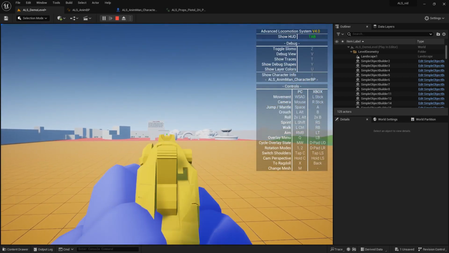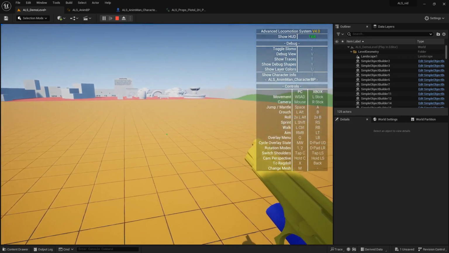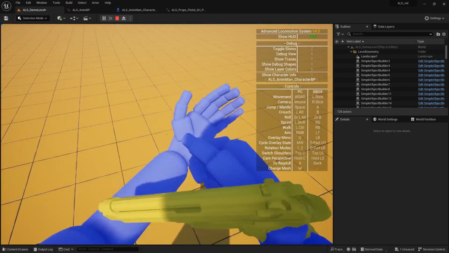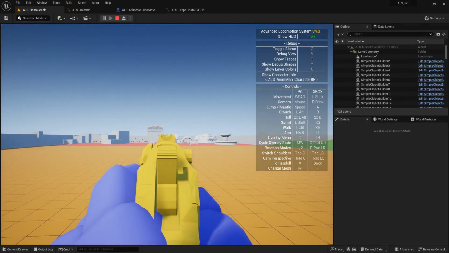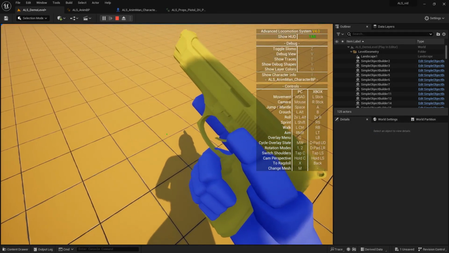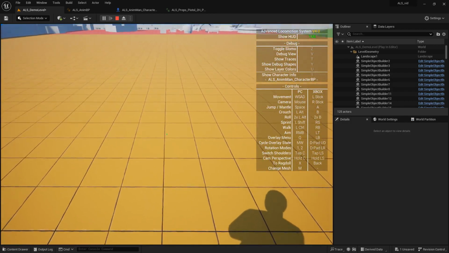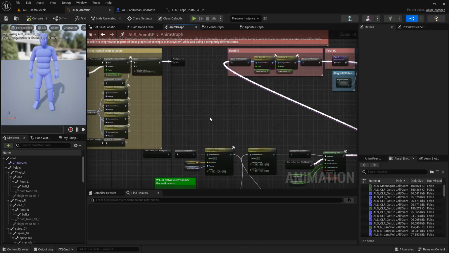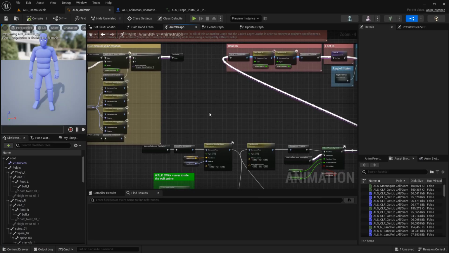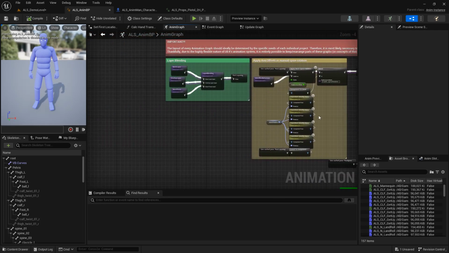Also, when I'm aiming and I hit the reload button, it plays normal up to the end when we are about to finish the animation. At the end of the animation, the problem appears. So since this problem is only happening with the two-handed pistol, and it's only happening when we are idling and standing, not moving and not crouched, we are relaxed,